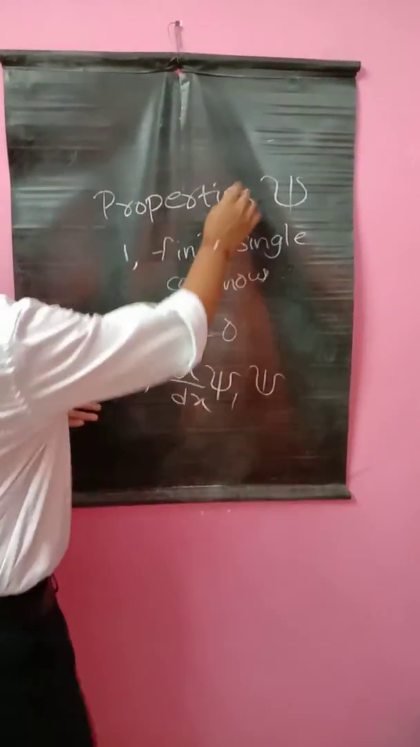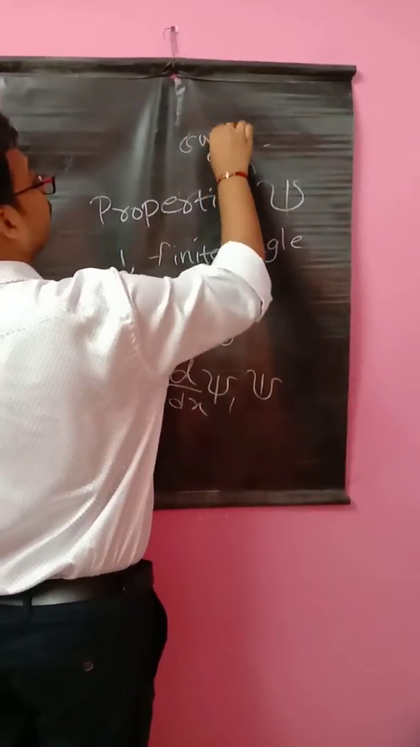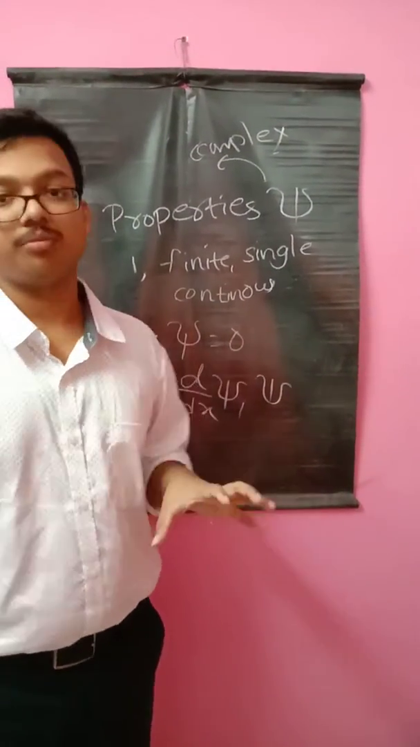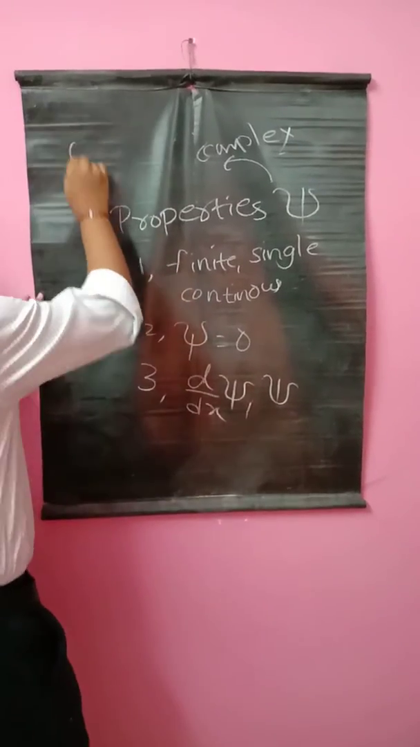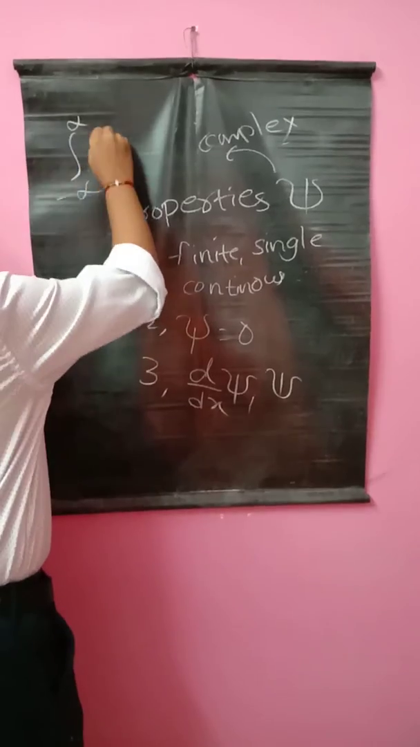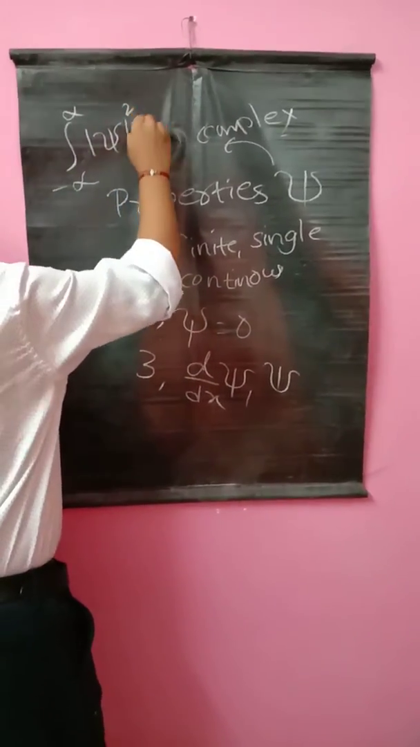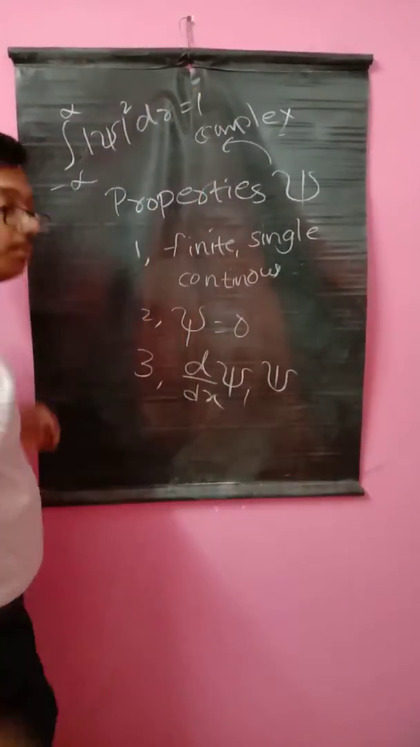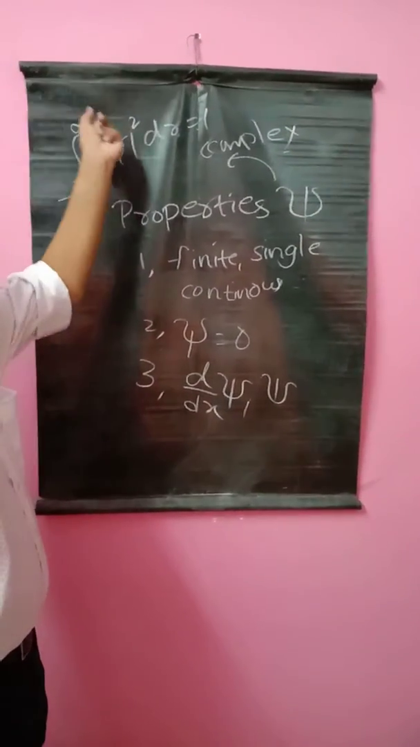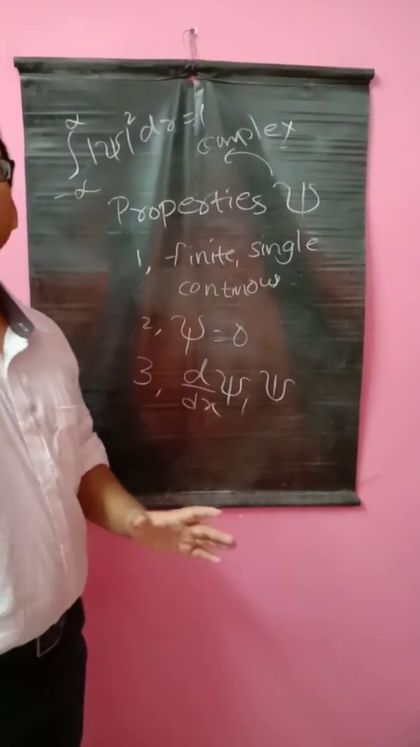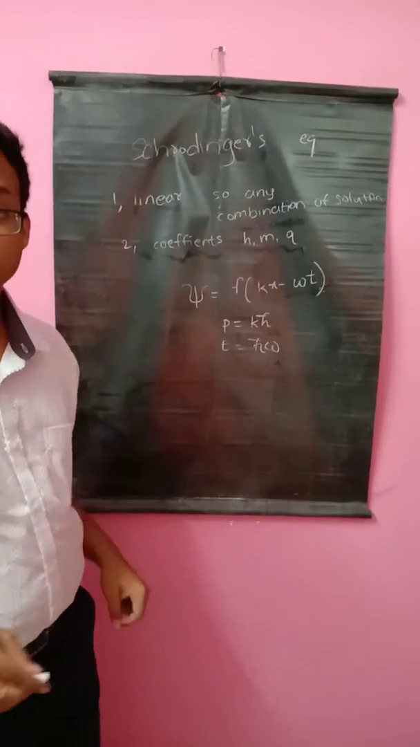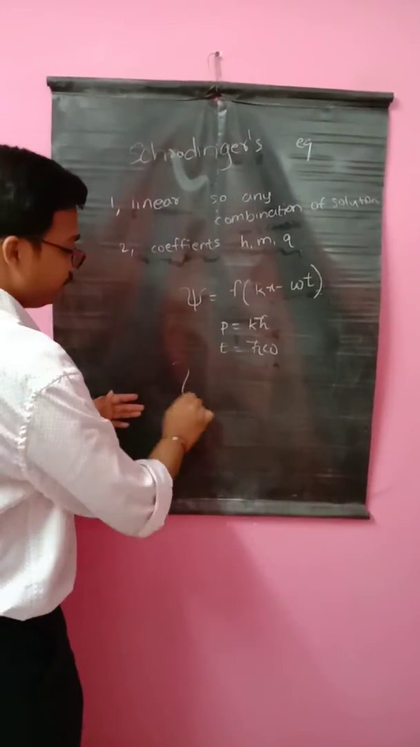Psi is a complex function. It shows the dynamic state of a system. If we integrate psi square dr from minus infinity to infinity, it is equal to 1. That means the probability of finding the electron from minus infinity to infinity is 1. That means the particle exists. Now, in the case of Schrodinger's wave equation, first we have to define psi as a